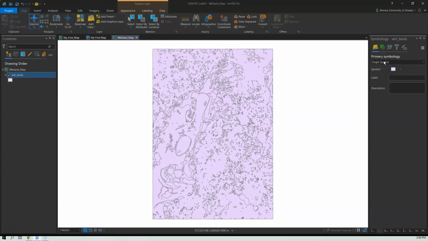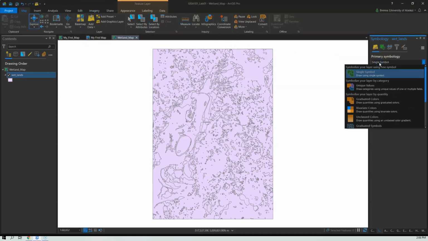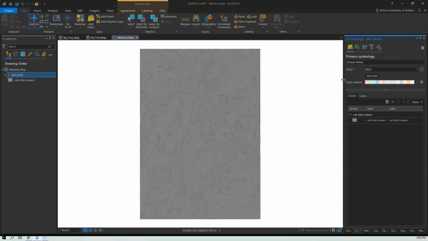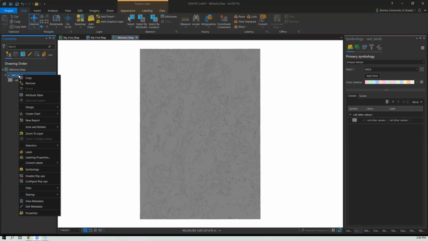Either way, it'll bring up your symbology tab. You're going to change from a single symbol per layer to unique values. And what this lets us do is use the attributes from our attribute table to change the way our file is displayed. So we talked about attribute tables in our lecture a little bit this week.